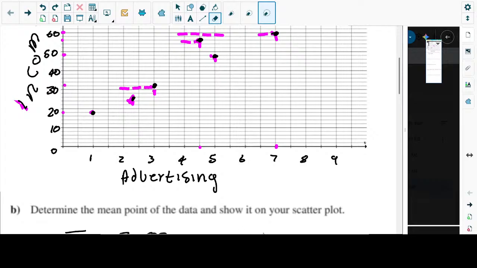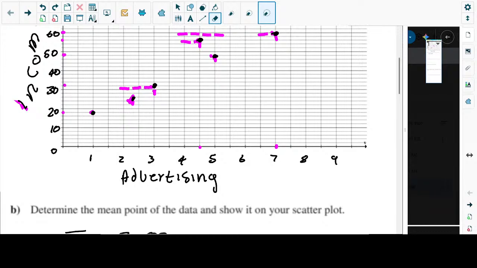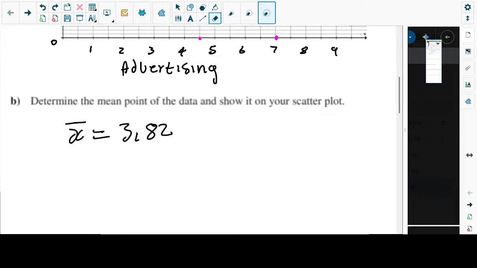So we're going to go back to our calculator, and we're going to do the same process that we did again. We're going to have AC, then shift 1, and then we have the one for Y. Then we're going to press equal to. The mean for Y is 39.8333333. So then we're going to write it. You want to round it off to 2 decimal places? We have Y, which is equal to